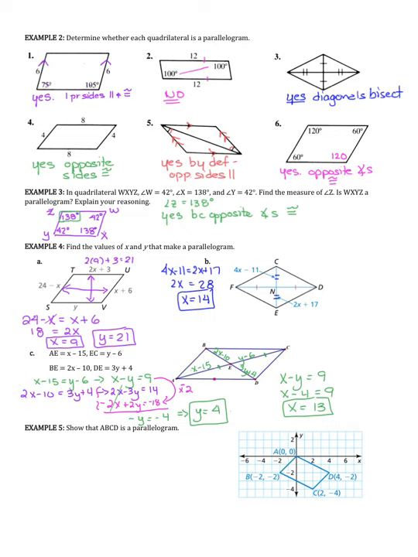Now our last one, show that ABCD is a parallelogram. Now this goes back to what we started with at the very beginning. Probably the easiest way to show that something is a parallelogram, again, you can use any of your methods. I'm going to use the one that says that the diagonals bisect each other. And the way to show that is I'm going to find the midpoint of each diagonal. So the midpoint of AC